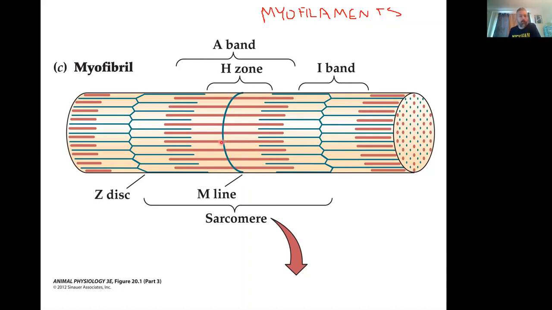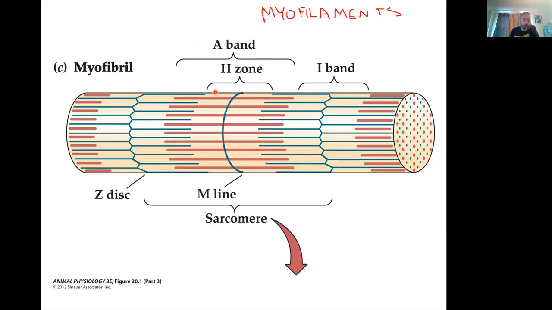And they reach out from this M line towards the Z disc on either side. So the thick filaments reach out towards the Z disc, the thin filaments reach out towards the M line, and there's going to be a point at which these two overlap, on either side of the M line. From the overlap on one side to the overlap on the other, this is an area where not a lot of light passes through on our slide. So it's darker. And so this is the A band,